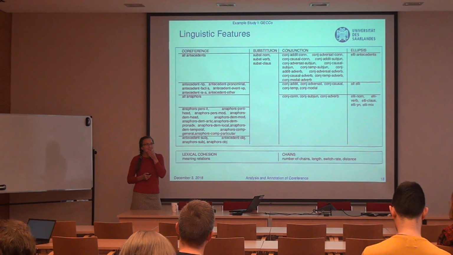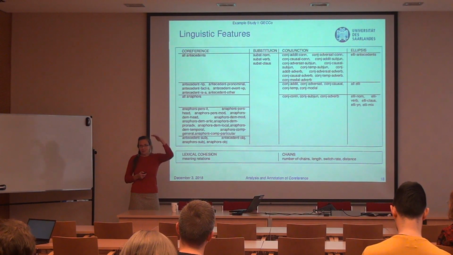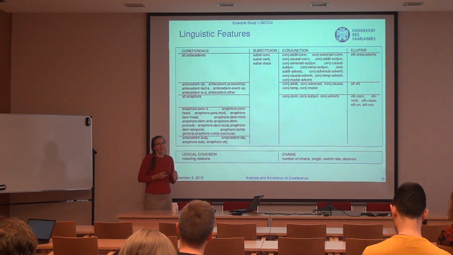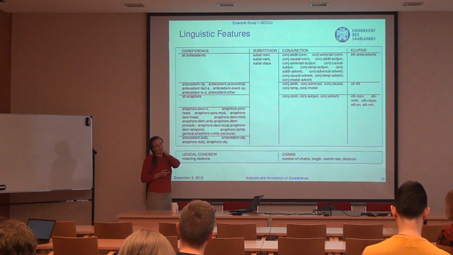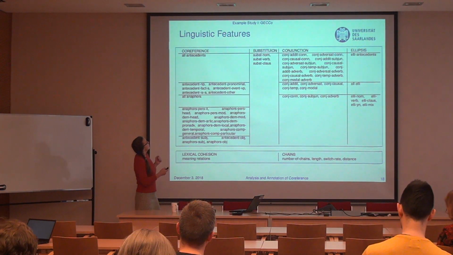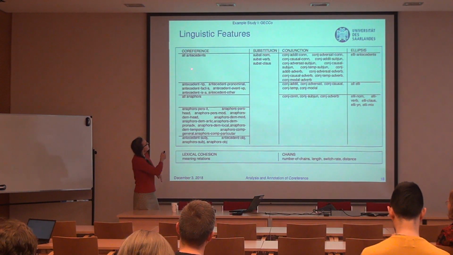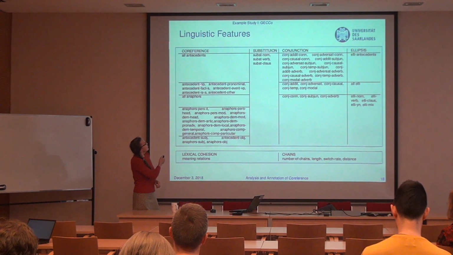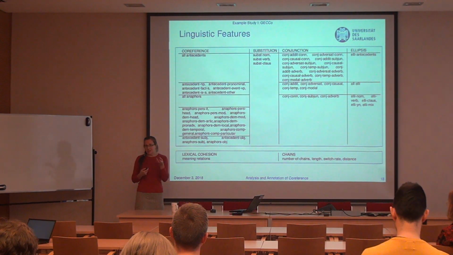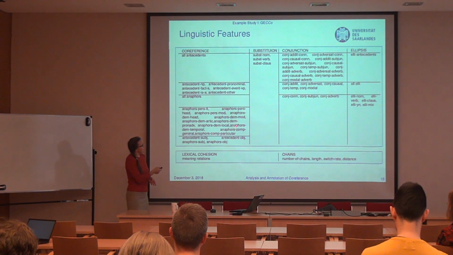I mentioned that for every abstract dimension in this research design, we had to define categories represented on the level of language, so we used these kinds of linguistic devices. For example, we analyze all antecedent types. An antecedent could be a nominal phrase, a pronoun, a sentence, or a part of a sentence, such as a verbal phrase. And then we have different types of antecedents,